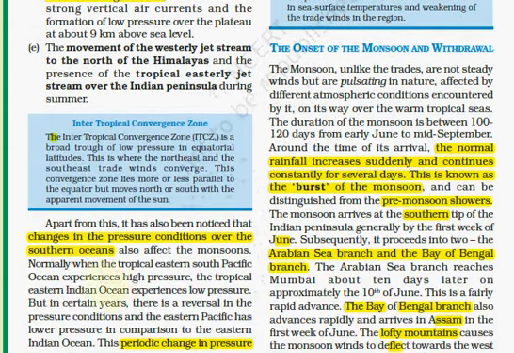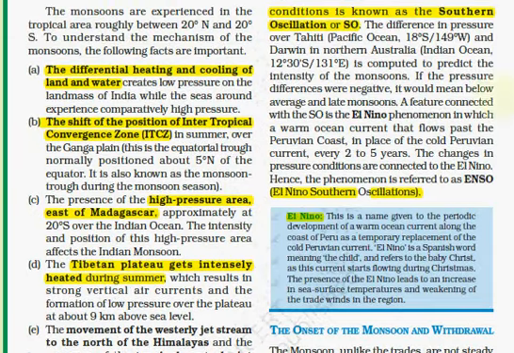Apart from this, we've noticed changes in pressure conditions over the southern ocean and their effects on the monsoon. In case of the Pacific Ocean, it is observed that whenever there is low pressure over the Pacific Ocean, high pressure is observed over the Indian Ocean and vice versa. But sometimes pressure in the Pacific Ocean is lower than in the Indian Ocean. So this periodic change in pressure is known as the southern oscillation.